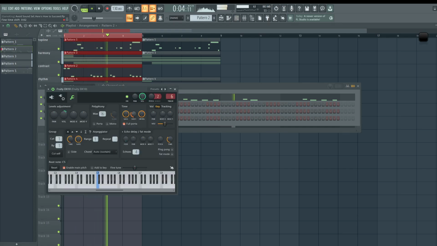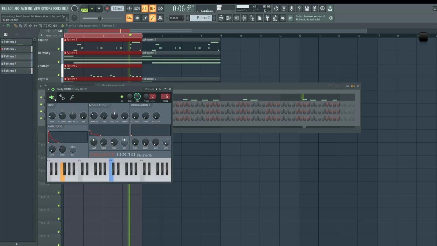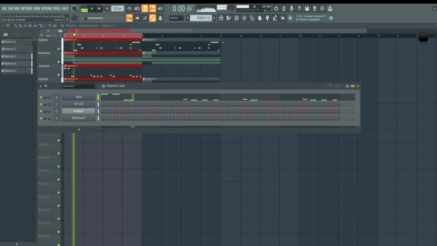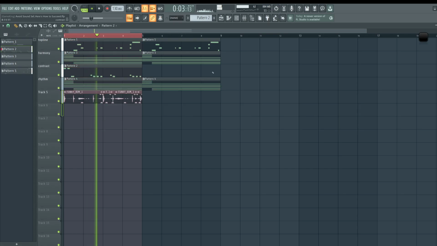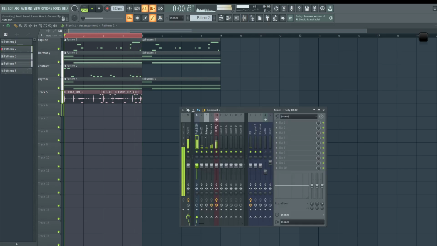Okay, let's just customize the sound a little bit. So now we're adding effects to change out the sound.